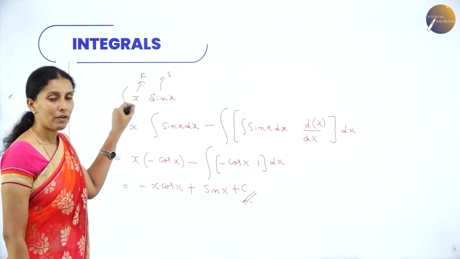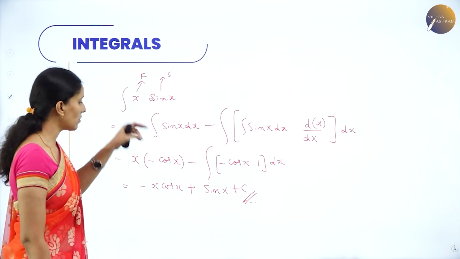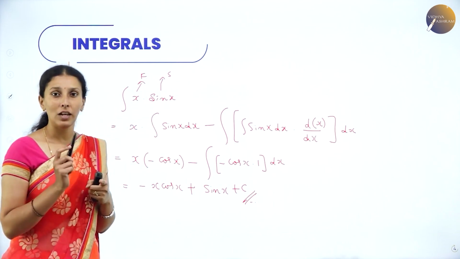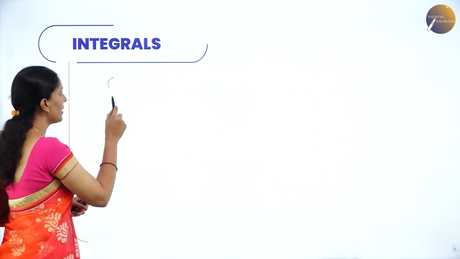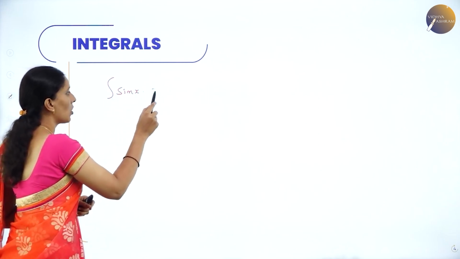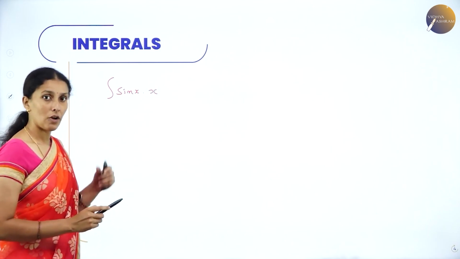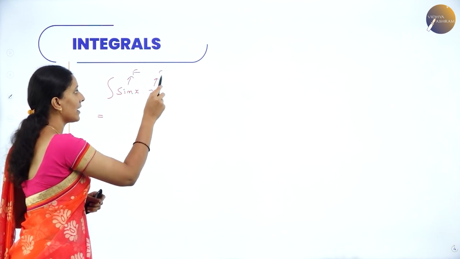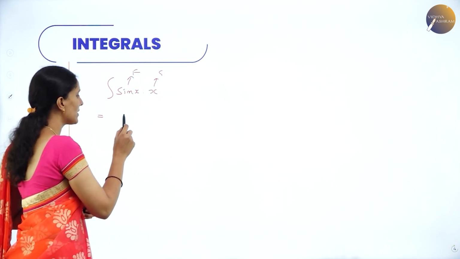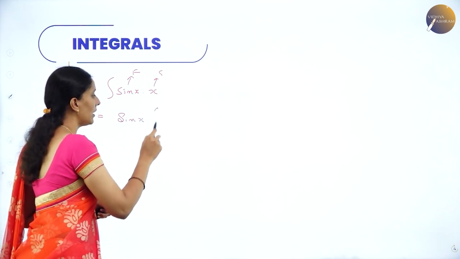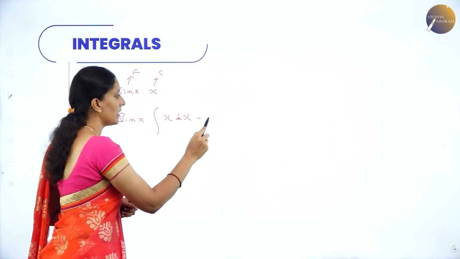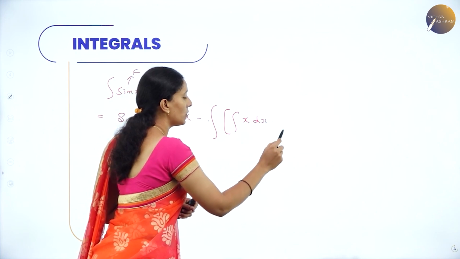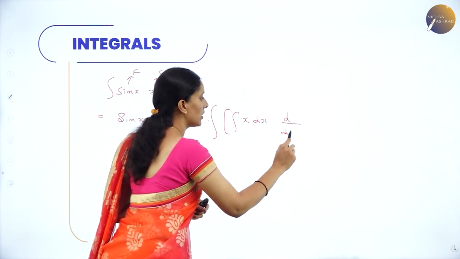So by choosing any one as the first function or any one as the second function, this is what happens. Suppose I choose sin x as the first function, x as the second function, let me see what happens. Now the same function, I will write sin x as the first function, cos x as the second function. Now let us apply integration by parts. This is your first function, this is your second function now. So what does the rule say? First function, integral of the second, minus integral of the second into derivative of the first function, that is derivative